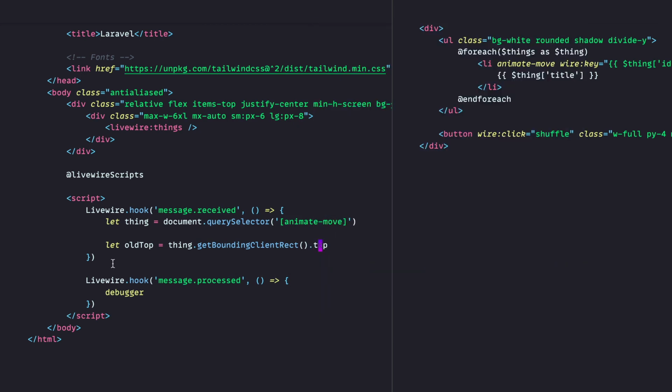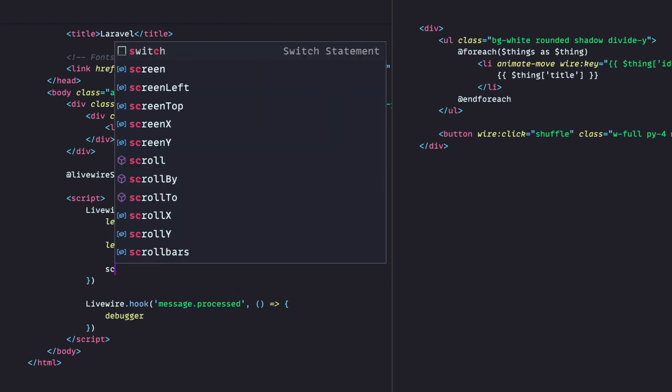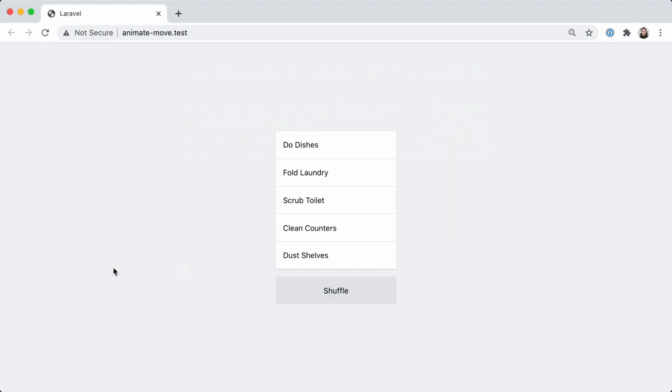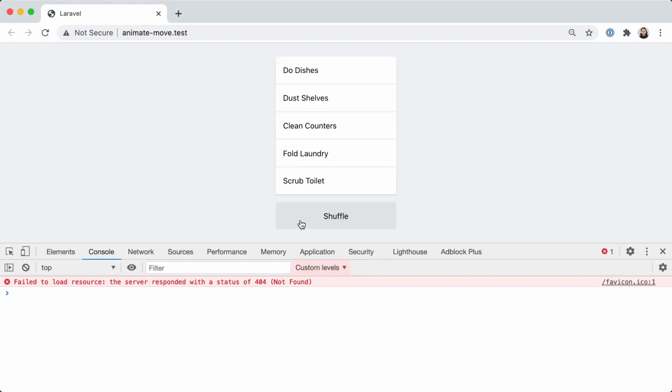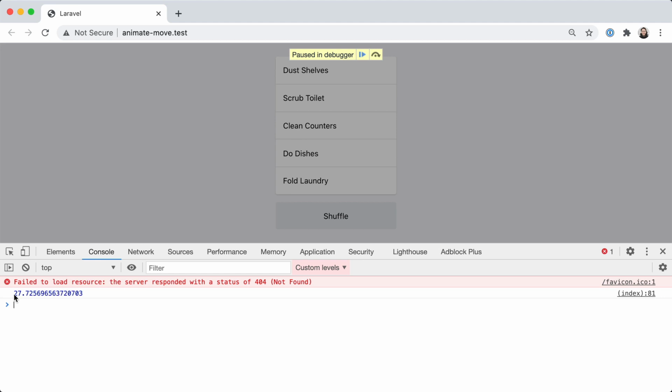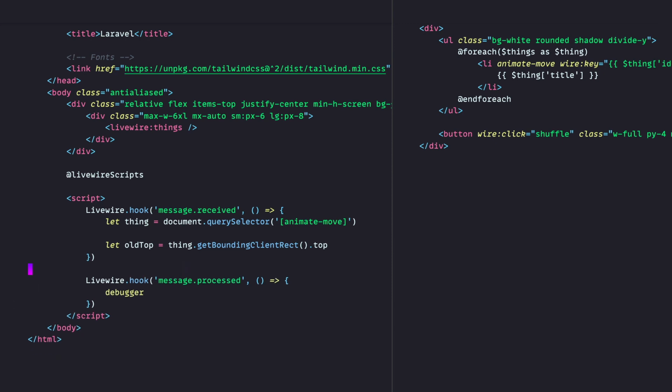Okay. So that's that, and we can make sure that that worked really quick. console.log old top. Okay, great. And now if we hit shuffle, we have a stray debugger statement, but you'll see that we console.logged out 27, which is the distance to the top, 27.72 pixels. Okay, great. So we've stored the old top here, and now after we shuffle them, we want to get the